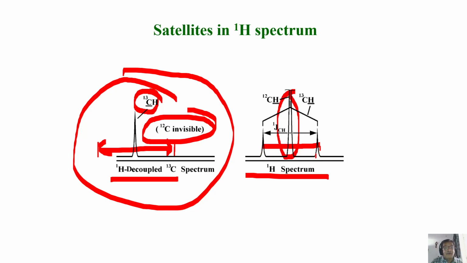But in the proton spectrum, you see carbon coupled to proton as satellites, 1% intensity peaks. The 1% is further divided into 2, so 0.5% intensity peaks are seen. Carbon-proton couplings appear as satellites. This is the 99% intensity peak, and these peaks are 0.5% intensity peaks. I wanted to tell you this to give an idea. You knew this, but I repeated it to make it clear.